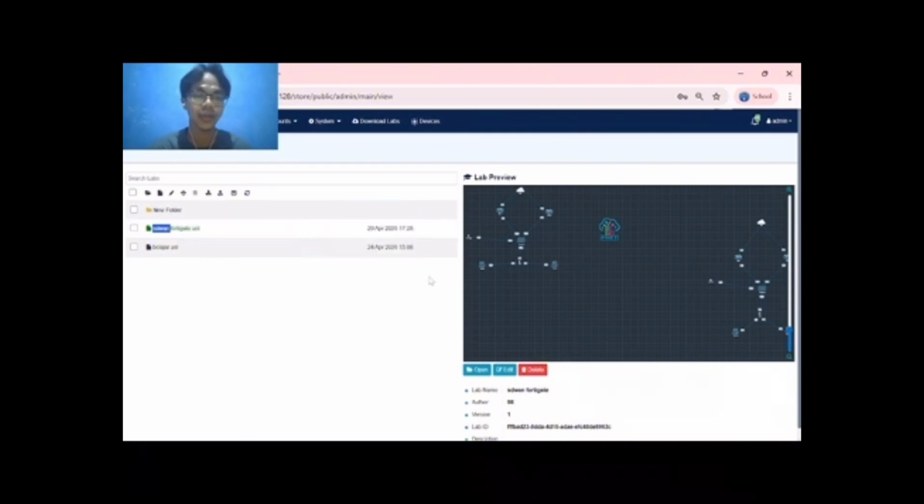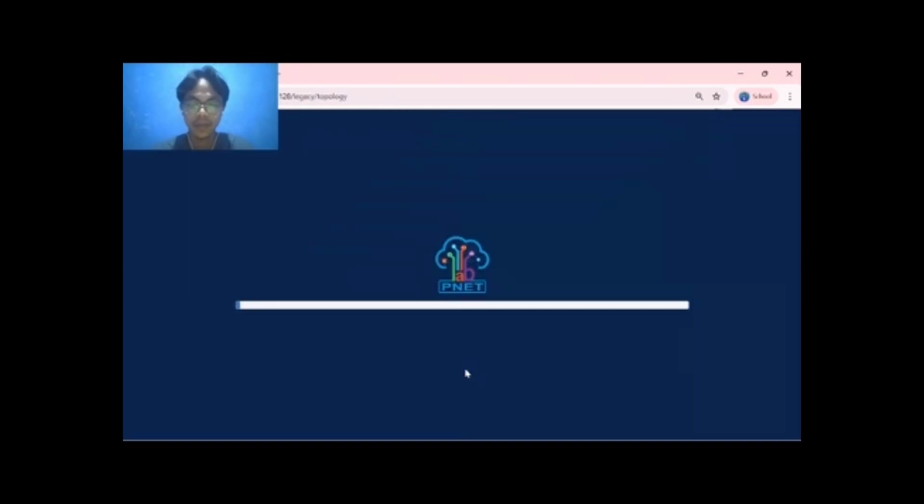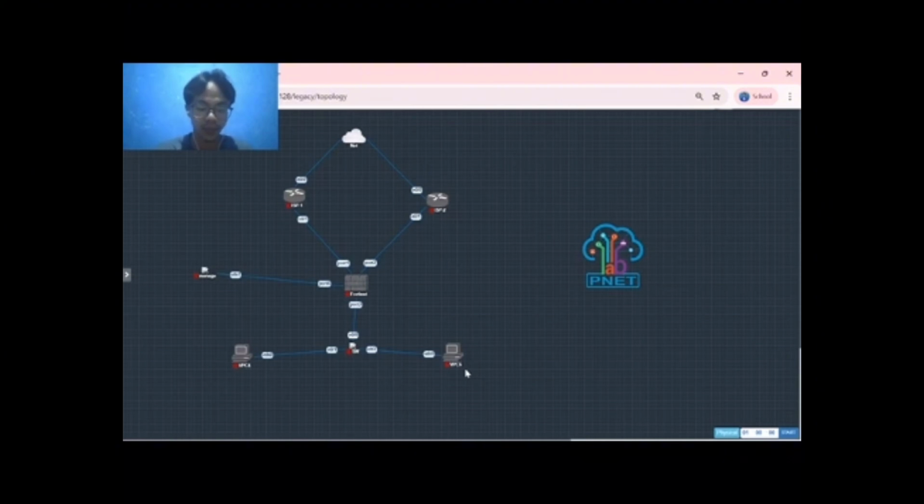Let's open this file. Okay, this is the user interface, or this is the node.